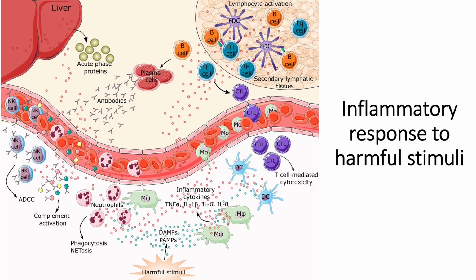And at the same time, what happens is that these inflammatory cytokines will cause the release of acute phase proteins, and these acute phase proteins are the marker for inflammation in the host. Even when there is a small inflammatory response, these acute phase proteins are released, so they are very sensitive. That's why these acute phase proteins are used as a marker